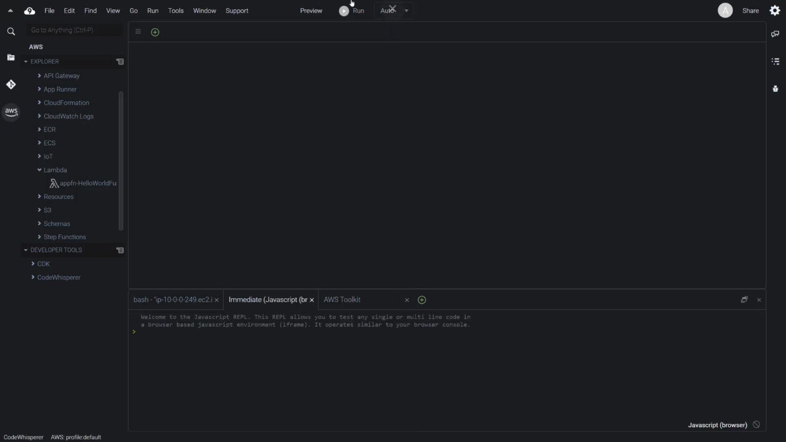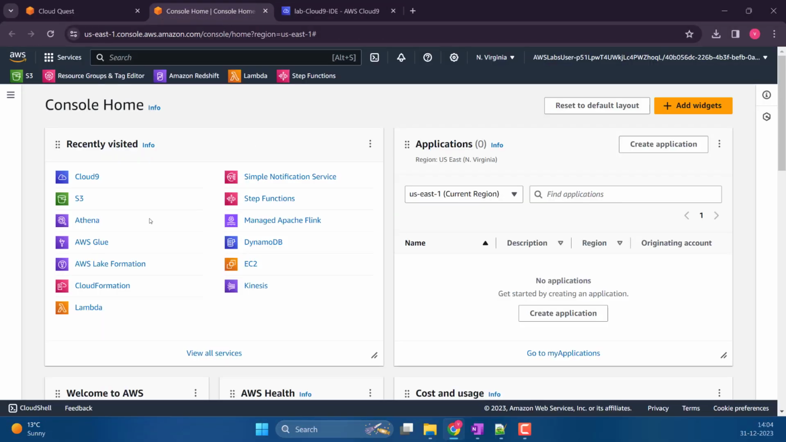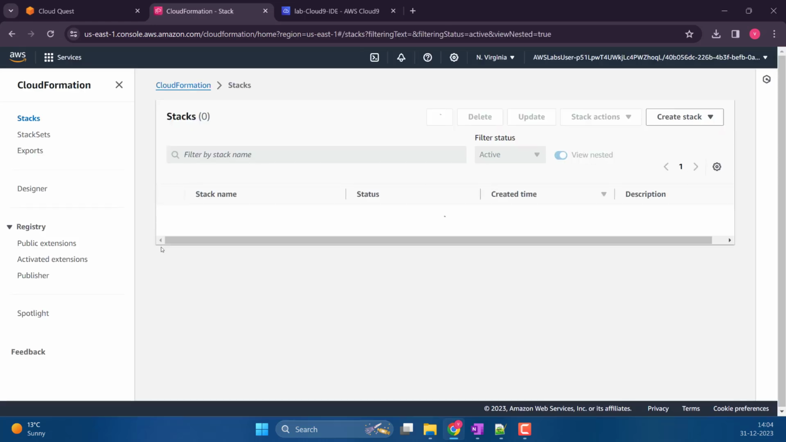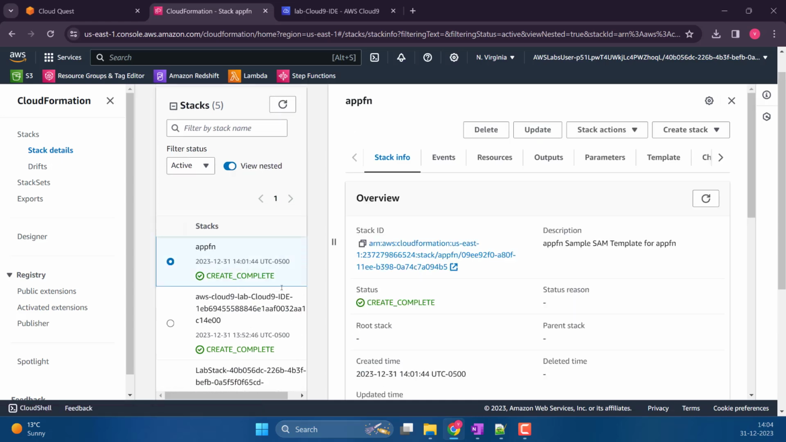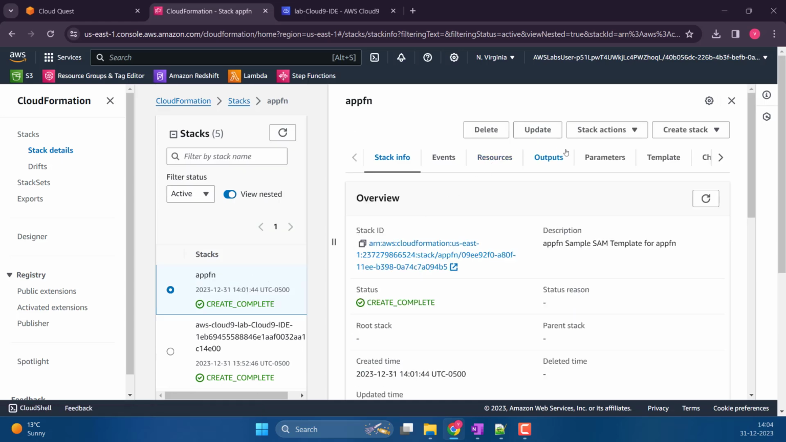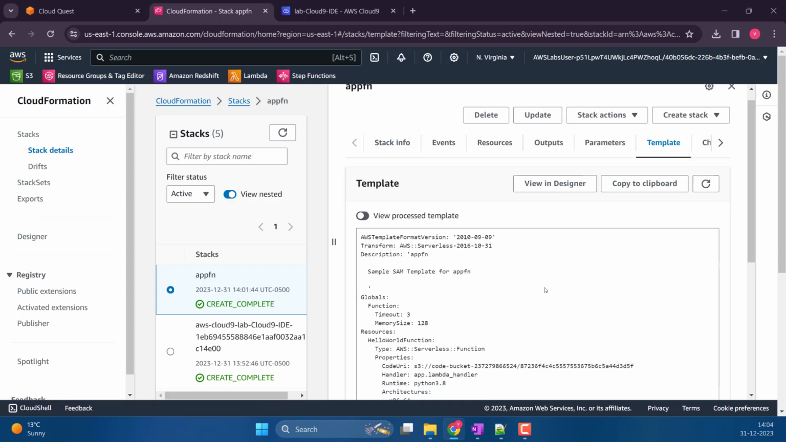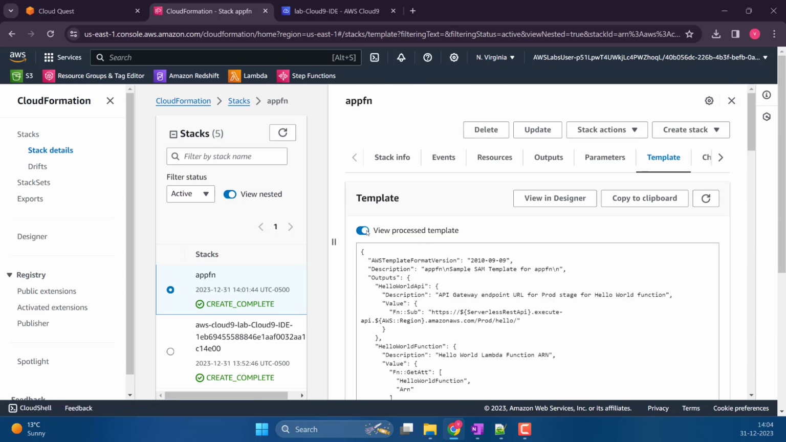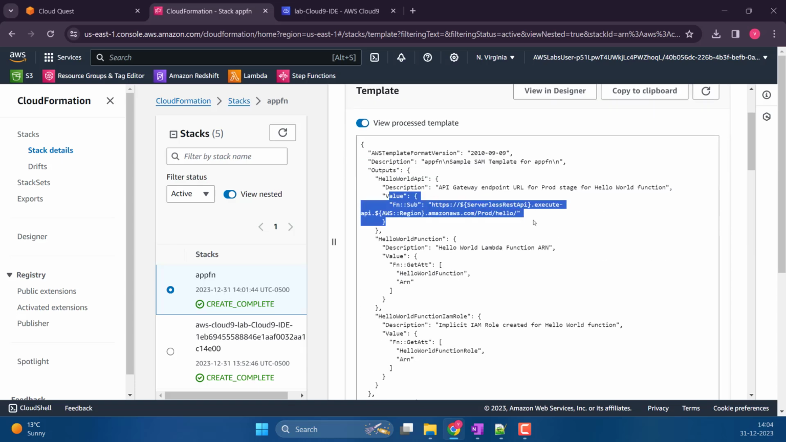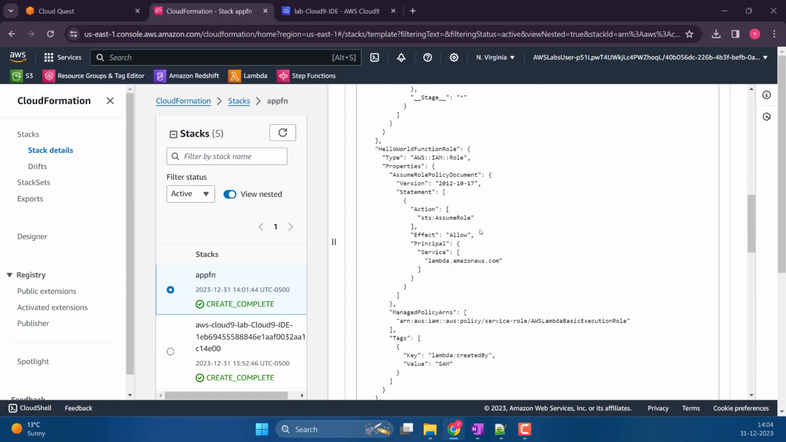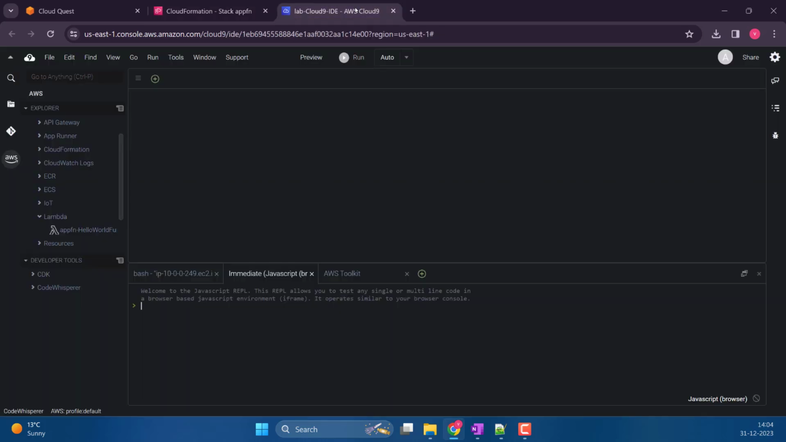Let's go and check it in the CloudFormation, and you can see app function, and if you go to template, you can see everything nice. You processed template version, function, everything looks good. Now they want us to go back here,